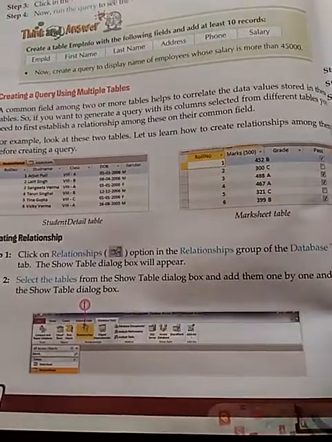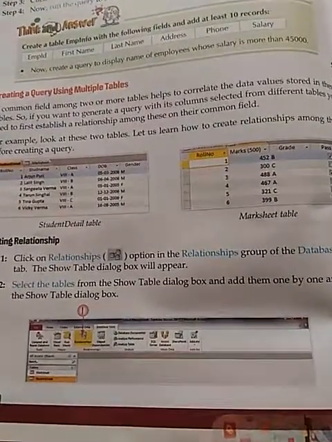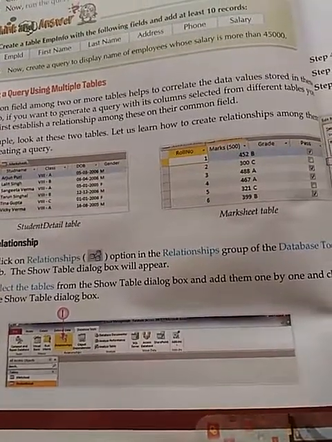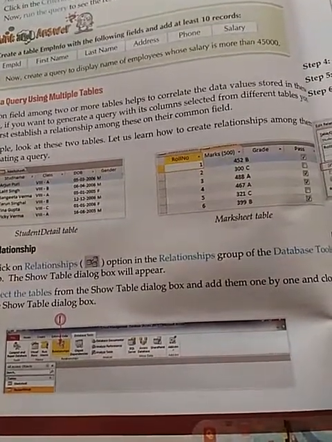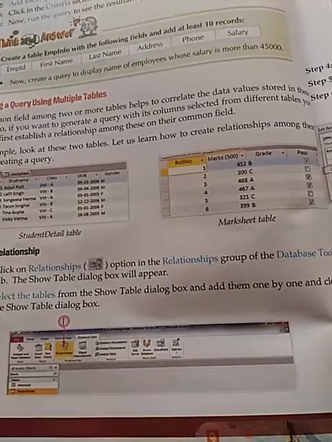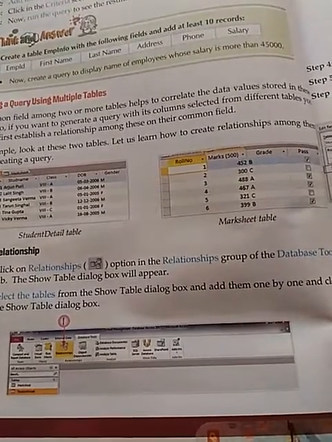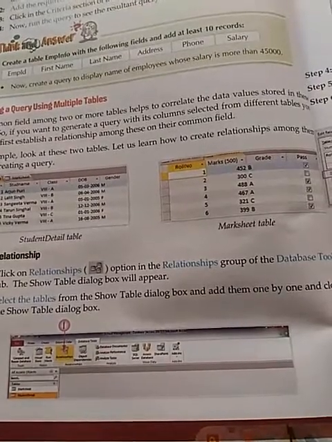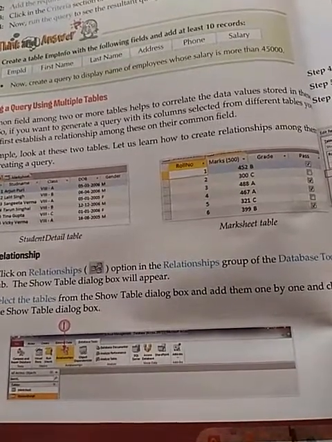So how can we do this? Again, the same procedure we have to apply to create a query. How can we create a query? Click on the create tab. After the create tab, go to the query group. In the query group, click on the option query design.